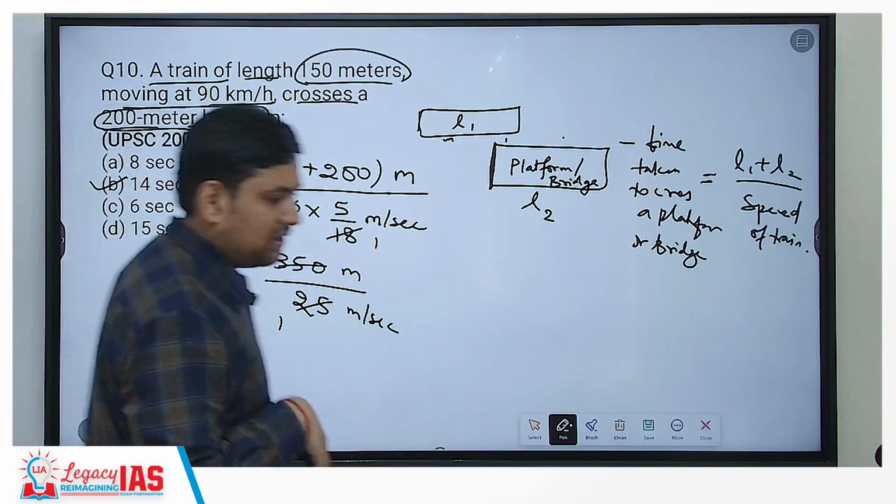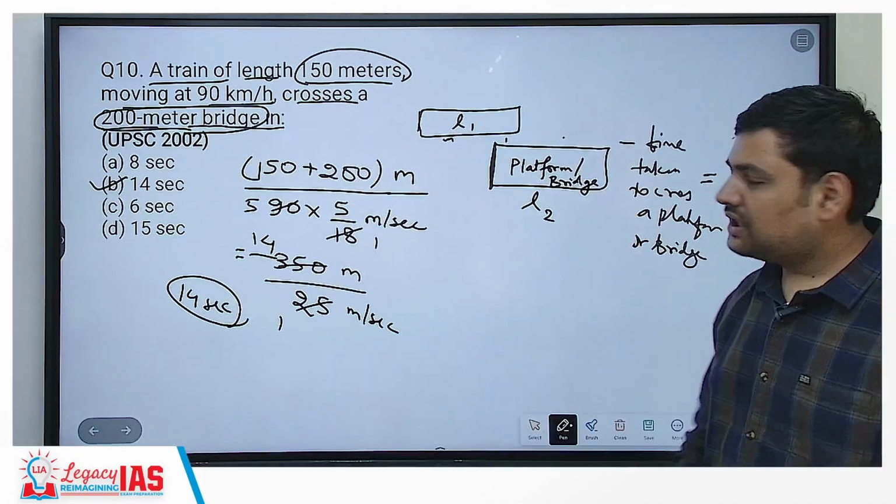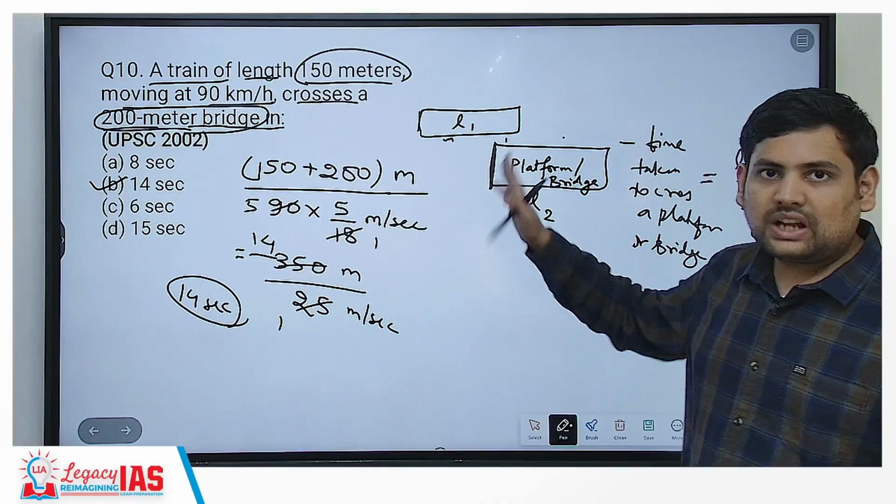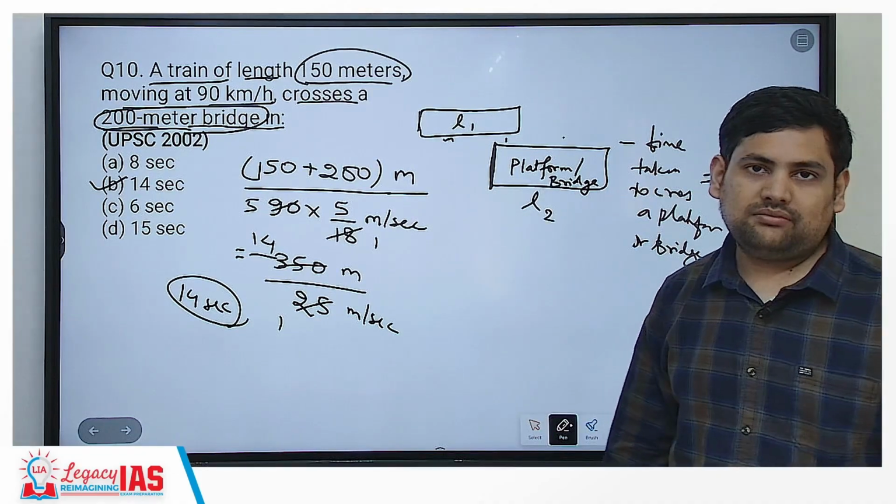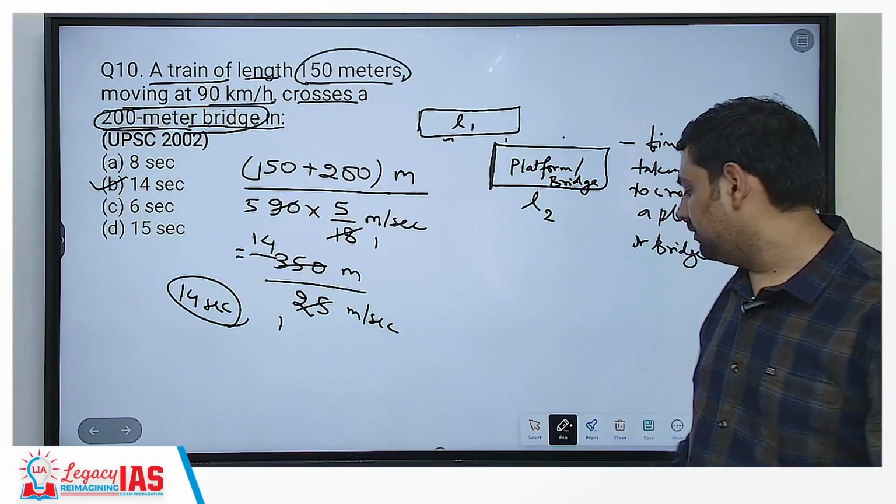B becomes your answer. Understood? Why did this change? Because now it has to cross the entire platform. Okay, now